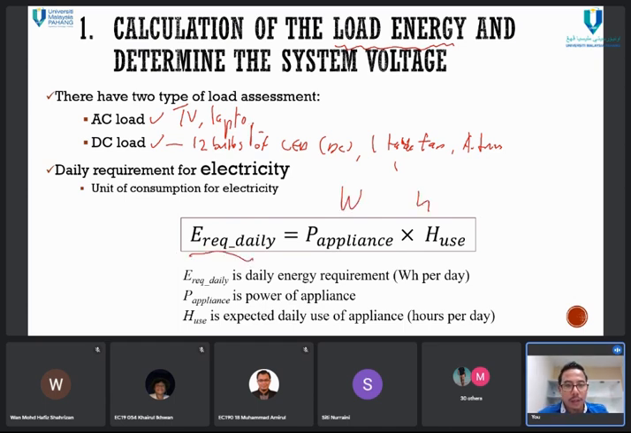watt and hours. So, watt hours is the unit of energy, okay? Where E required daily is the daily energy requirement, watt hour per day. Remember, you want to use this device, but you need to fix how many hours you can use for